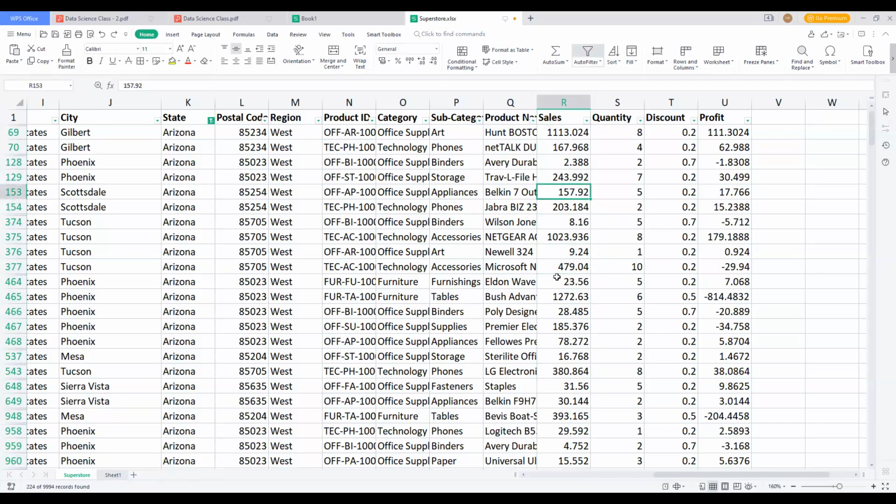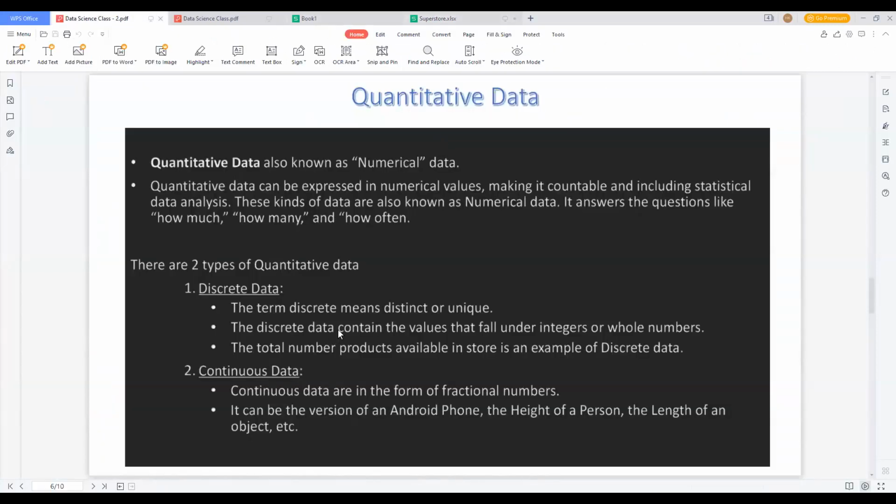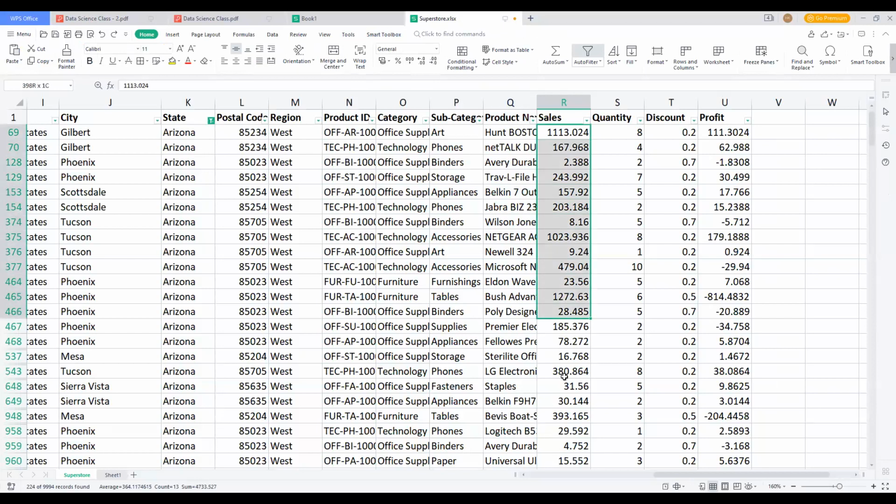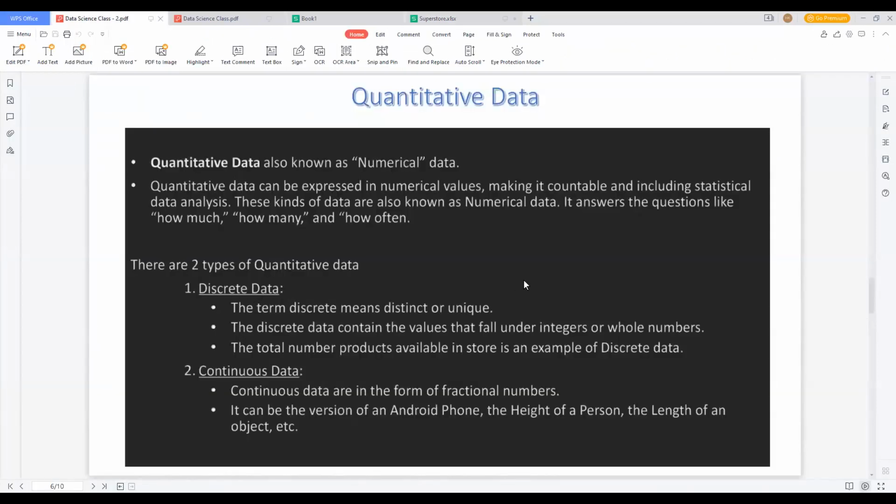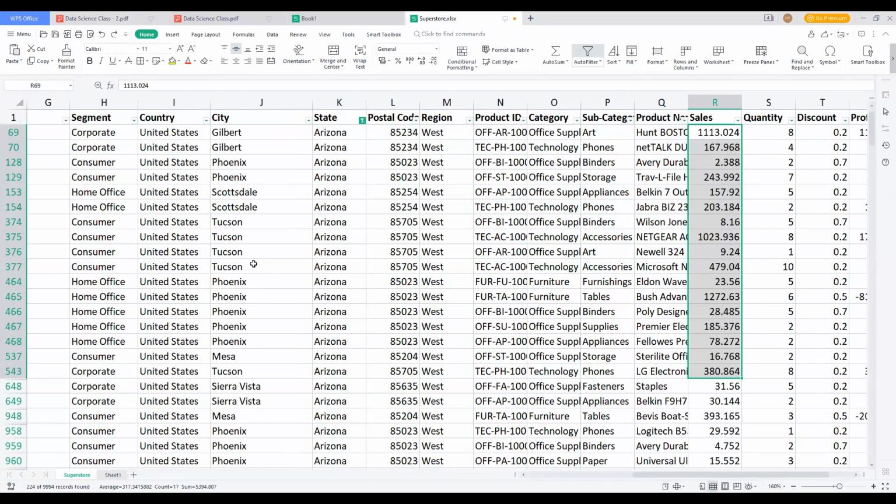So in terms of quantitative data, it can be completely calculated because the values are numerical. Numerical values are completely calculatable. The data is again considered in two different categories: one is discrete, another is continuous. In continuous data, the values are in continuous order, so there is no one particular maximum point. If you are confused about discrete data, let me give another example.